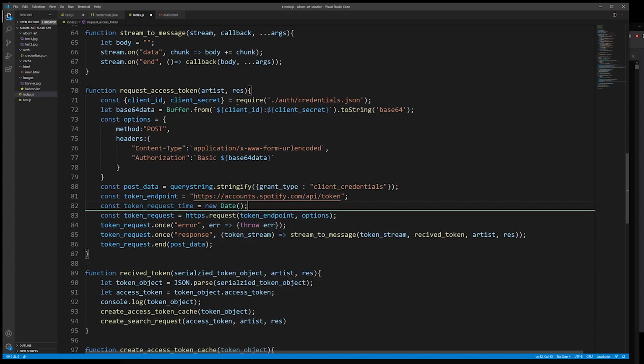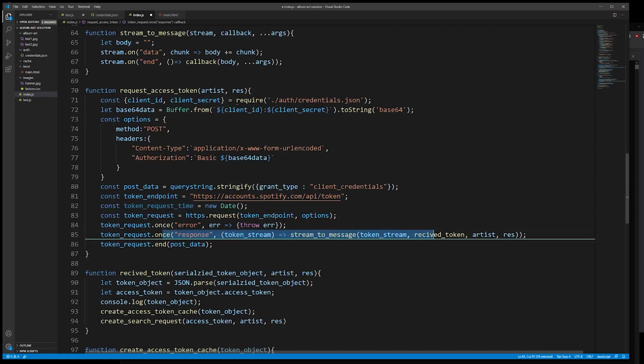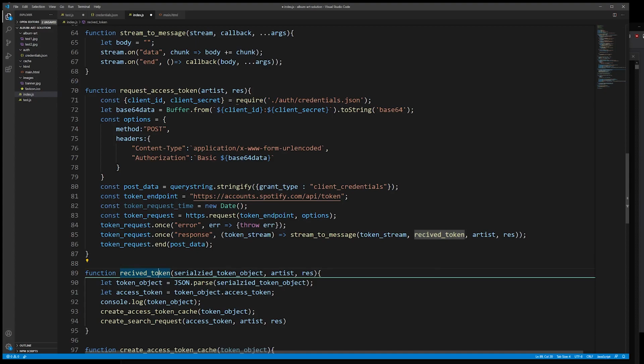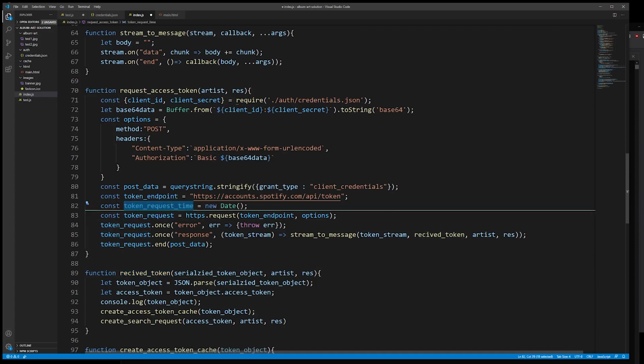And this is going to be the current date. So essentially, this is when I'm making the request, right before I make the request. So I'm going to create a new date. And then when I send that request out, when I receive a response, it's guaranteed the expiration will be at least during this time. Meaning that if I get it back immediately afterwards, we know that we have